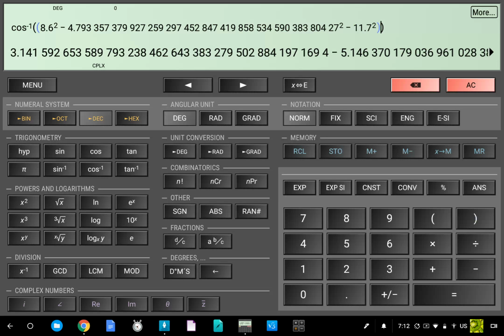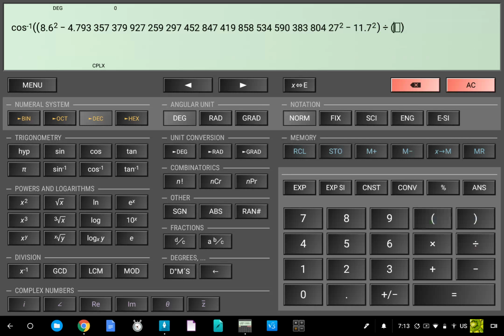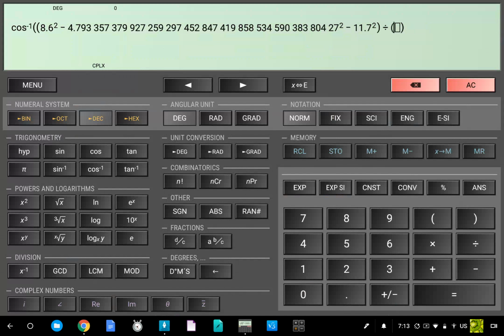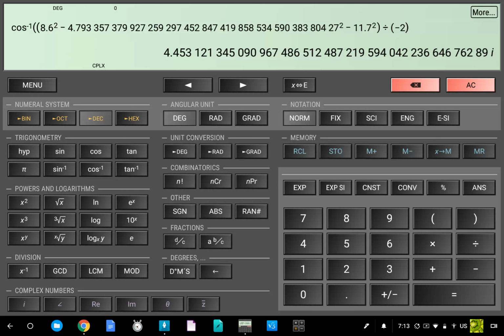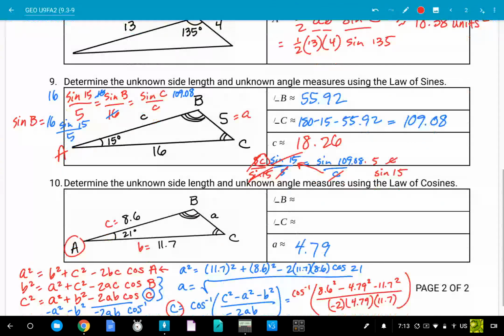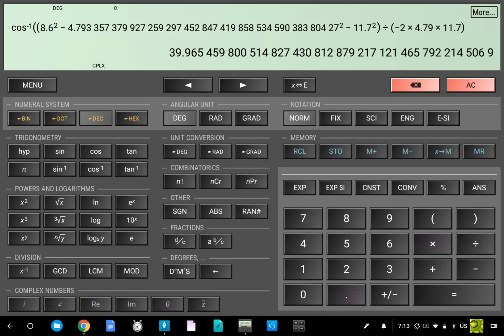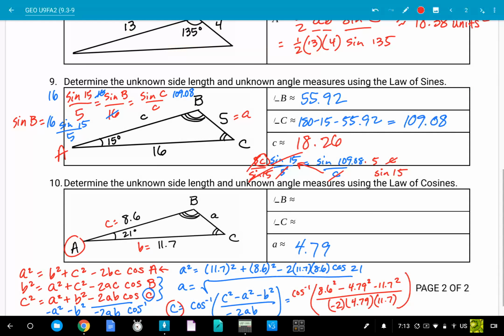It's going to be divided by, then on the bottom, we're going to have negative 2 times 4.79 times 11.7. There we go. So I should get an answer of 39.97. Yep. So angle C is about